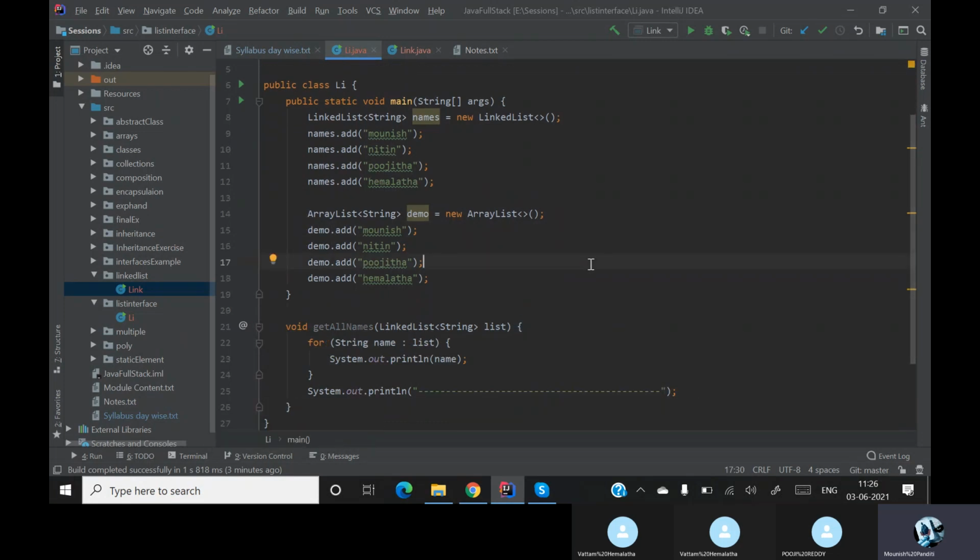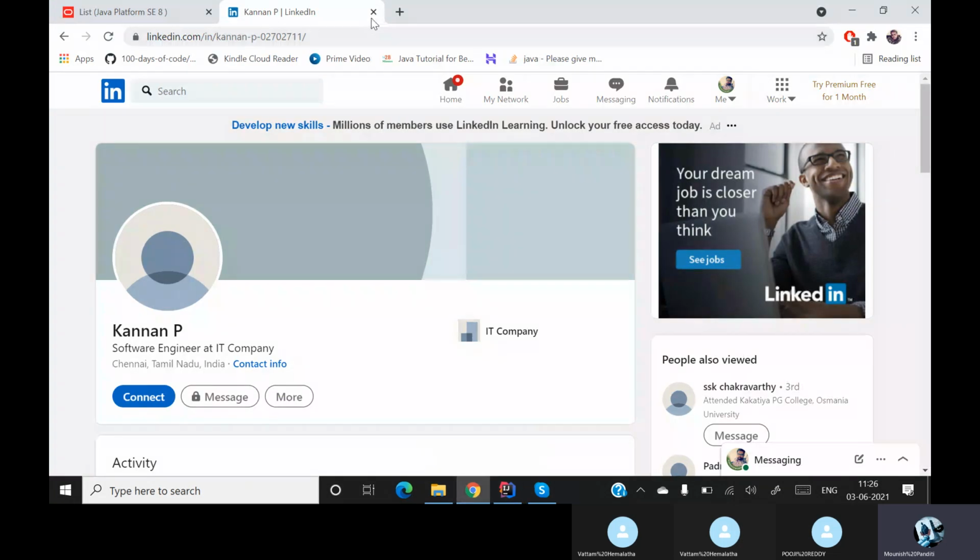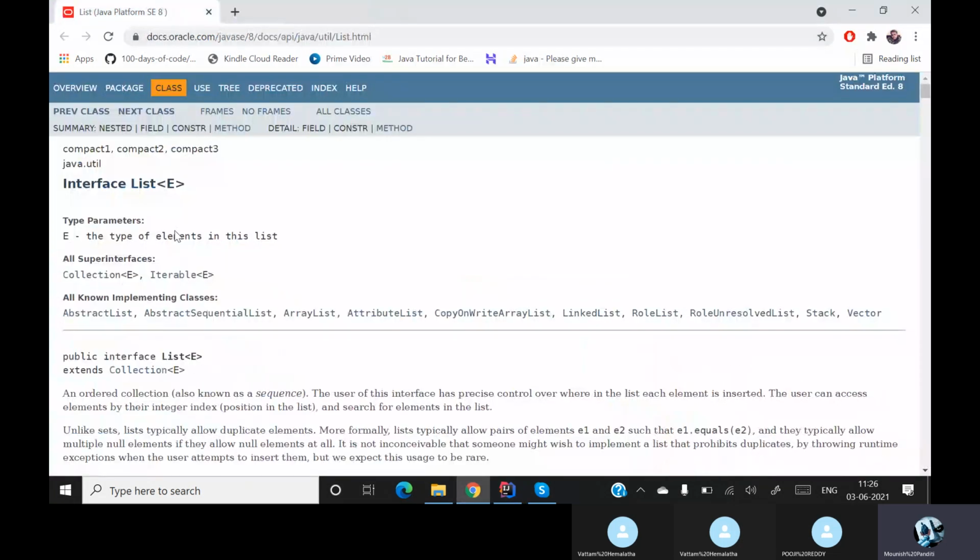Okay, now let me once go to the list interface. The first important thing is the list interface is implementing all these classes. In this you are already having an array list and also you are having a linked list, right?